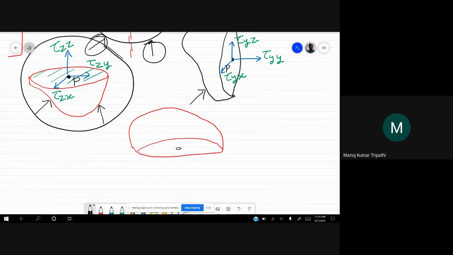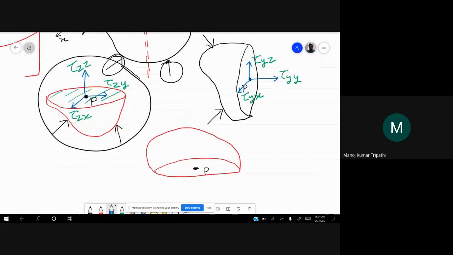This is point P there. And here now, we don't need to define additional stresses. We don't need to give additional names here. Why don't we need that? Because on the same surface, we are drawing the